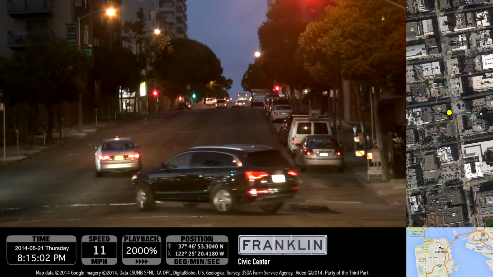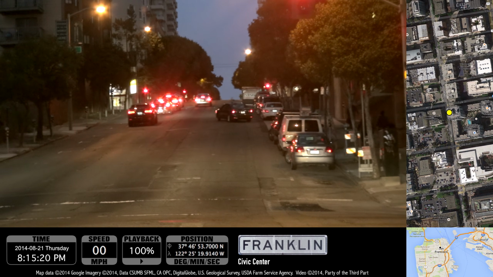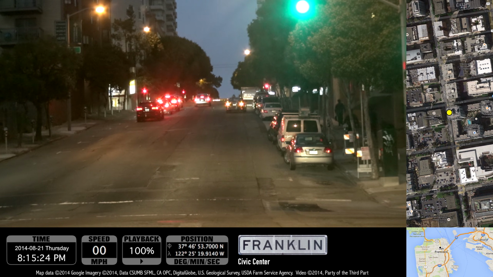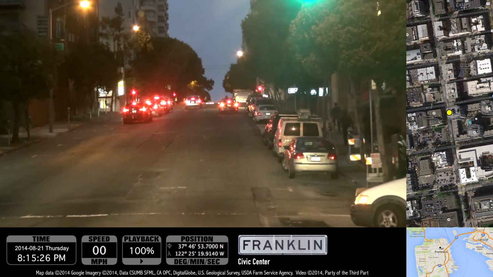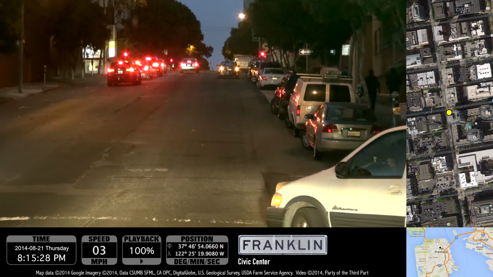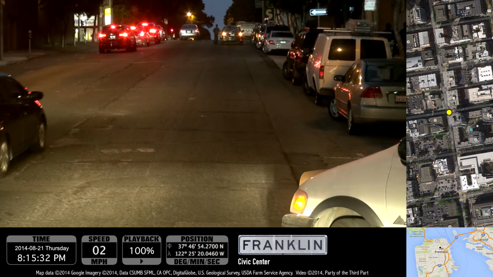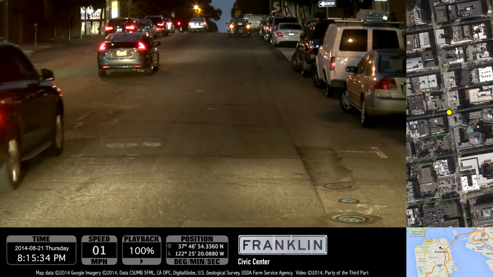Now we have our final questionable driving of this drive lapse. This guy from the right pulls out in front after the light has changed in a busy street, blocking traffic, and stops like a deer caught in the headlights. And then instead of going forward, he instead backs up slowly, continually blocking traffic.